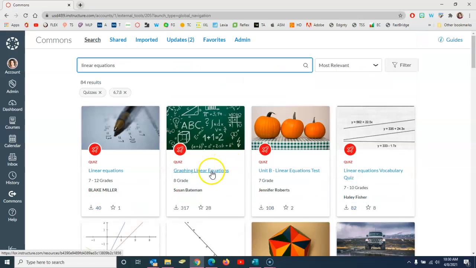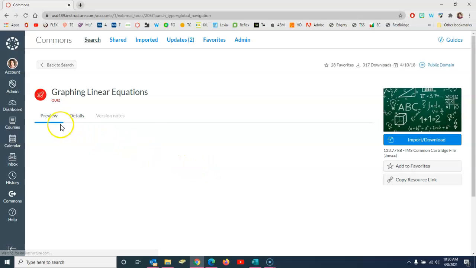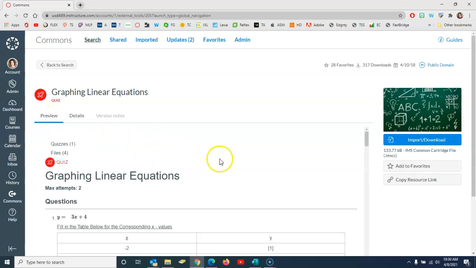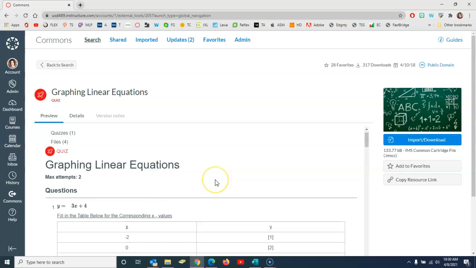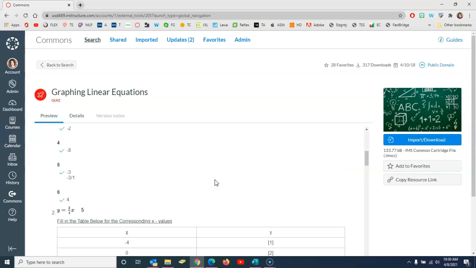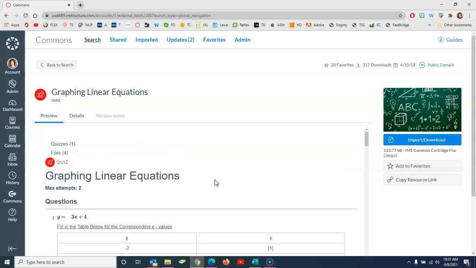And so then you can just click on the name of one to look it over, and it's going to give you a preview here, though it does take a moment or so to load at times. And so then you can look through and see if this is something that you at least want to get started with. It is a great way to work smarter and not harder, but if you don't find that it meets your needs, you can go back to the search,